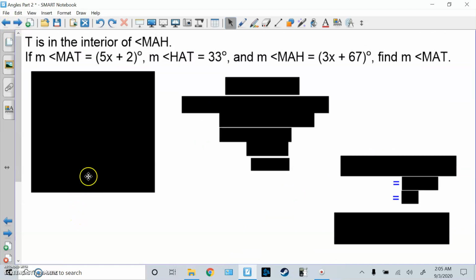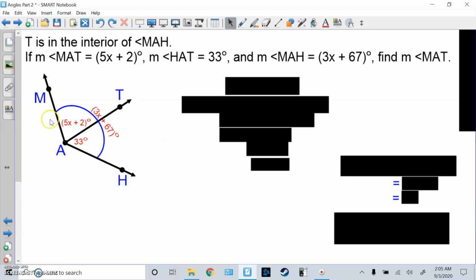Alright, T is in the interior of angle MAH. The measure of angle MAT is 5x plus 2 degrees, because again, it's given as some number. The measure of angle HAT is 33 degrees, and the measure of angle MAH is 3x plus 67 degrees. Find the measure of angle MAT. So here's the picture. Here's MAH, T is on the inside. MAT is this top piece, 5x plus 2 degrees. And then the bottom piece, angle HAT, is 33 degrees. And the whole thing, MAH, I like drawing this whole line right here, you don't have to, but you can,